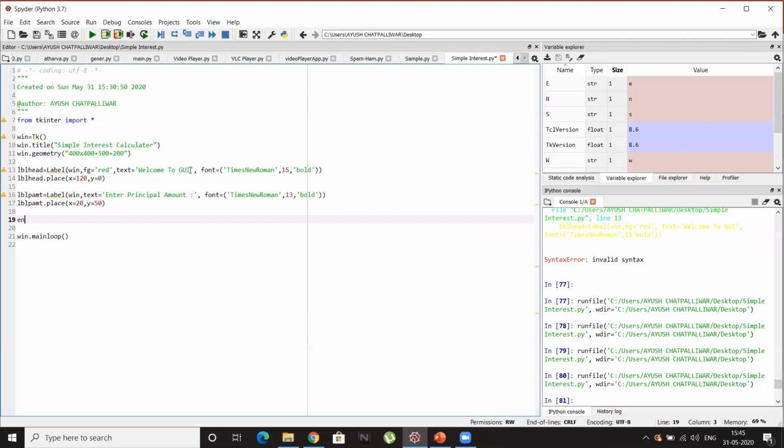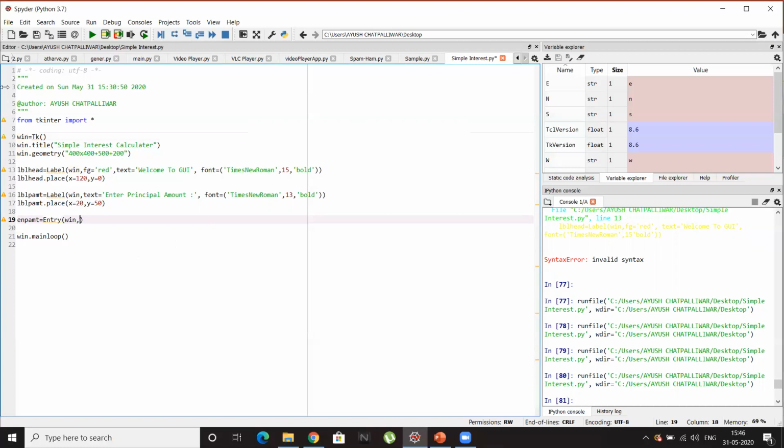So EN PAMT, it is the entry box for principal amount, equals the entry function, and we need to give the object of our window. We can't give any text because it is the user input, so the user will just type in the entry box. We don't have to give any text in it.